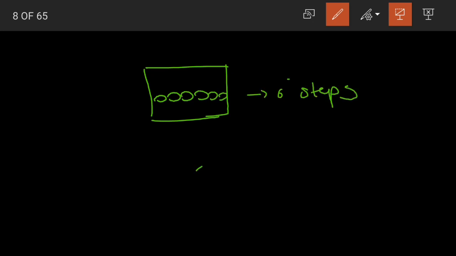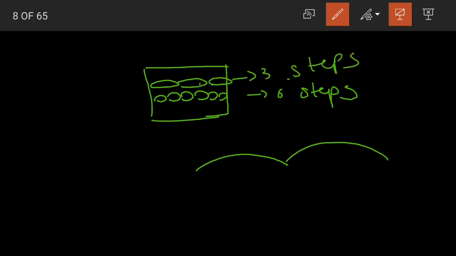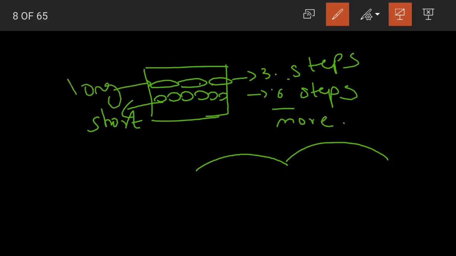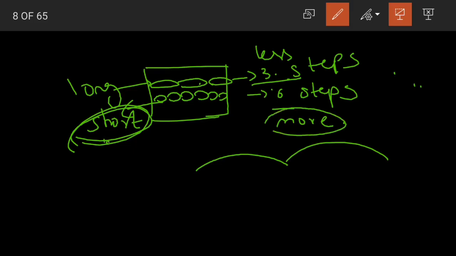Now if you have a long step, that means you can spread your legs wide like this. You will need 1 2 3. How many steps are you needing? Only 3 steps. That means if you have a short step, you will need more steps to cover the room. If you have long steps, you will need fewer steps to cover the room. So what will be the relation here? The person with the shortest step will be taking more number of steps.